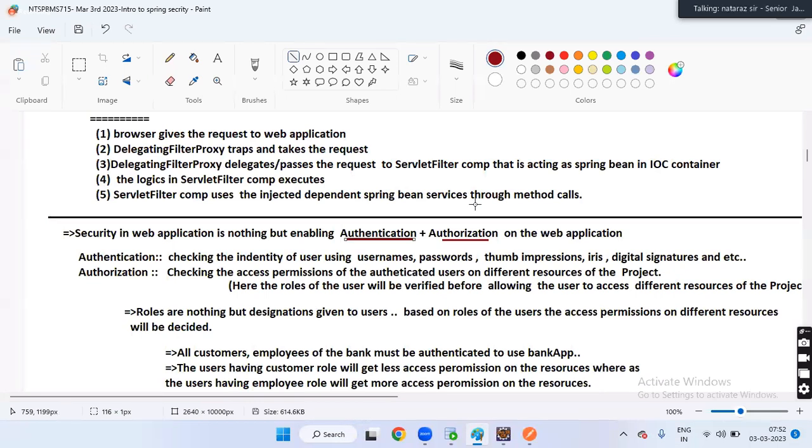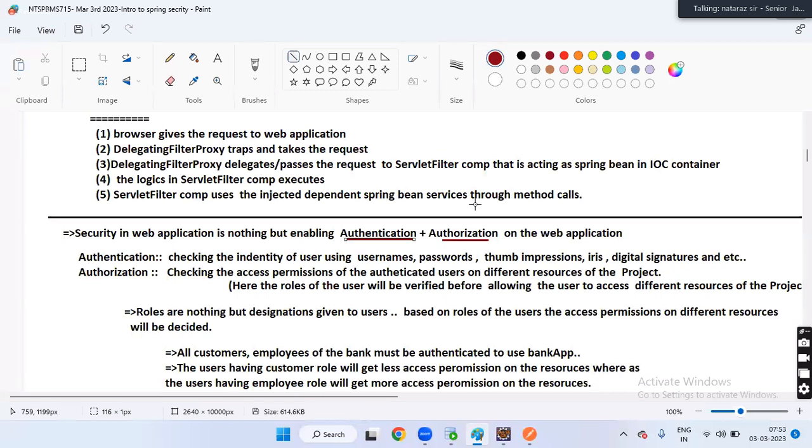How does this authentication happen, boss? Through username and password, through thumb impression, right? Through digital signatures, through iris. When you go to the Aadhaar center, they will ask you to look into one device called an iris scanner.